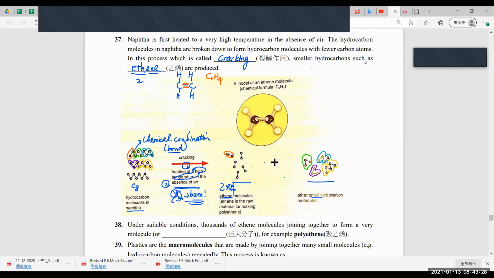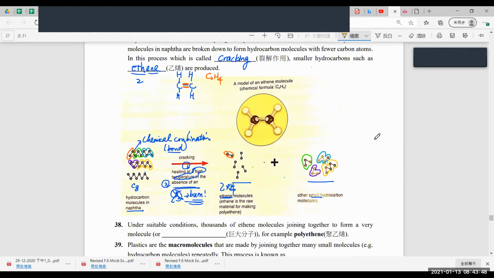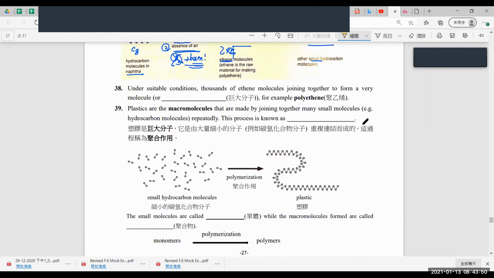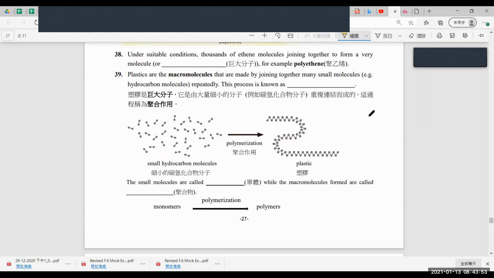So simply speaking, naphtha is just a mixture of longer molecule chains, but after cracking, you can make much shorter hydrocarbons. And this is the starting material for making polymer. So what's next? Under suitable conditions, thousands of ethene molecules, so many of them, will join together to form a very large